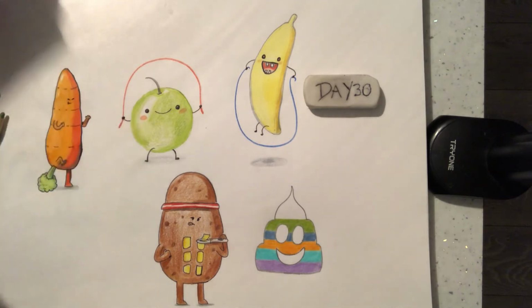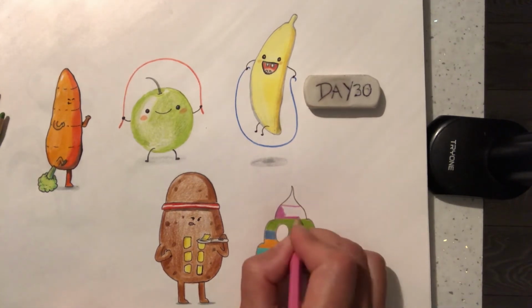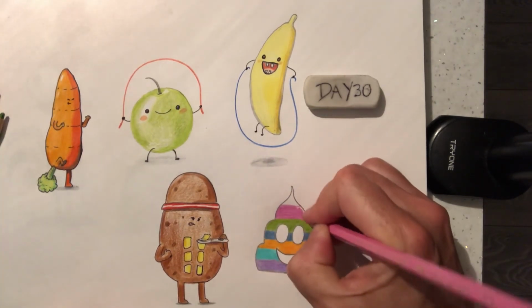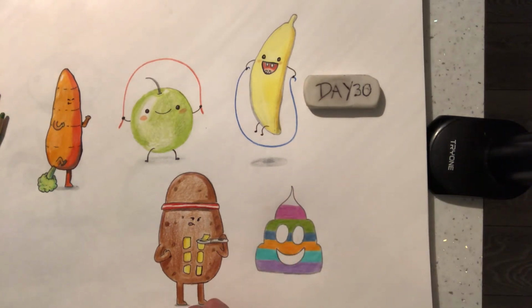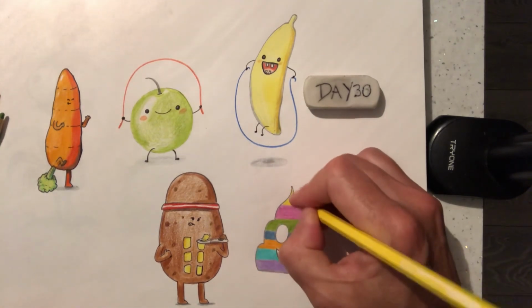Right, I think I'm going to just finish off with a little bit of pink towards the top here. Almost looks like an ice cream at the top of this. You don't have to have it as pointy as mine at the top, and curve it at the top a little bit more, and it'll make it a little bit fatter at the top. Okay, so a bit of pink there, and then I think we probably need a little bit of yellow or something. Okay, so let's just sharpen this lemony yellow up. You want it nice and sharp, really, just to get in that top edge. Okay, there we are, and that is our rainbow emoji poo